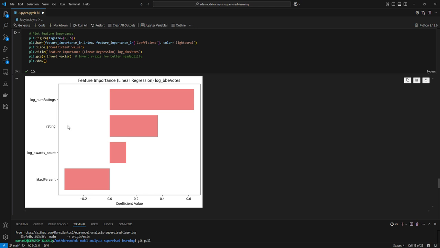The bigger the rating, the higher the prediction of BBE votes, and the more ratings, the better that would predict BBE votes, which makes sense, right? If a book has more ratings, it's more popular. If it's more popular, it's more likely to have people voting for it as BBE votes, as a best book